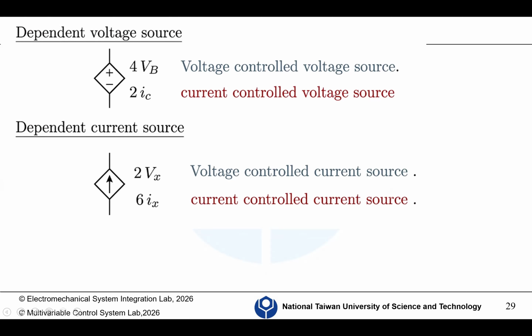Then we also have dependent sources. So we talk about the dependent voltage source first. It is shaped as a diamond, and it has positive and negative signs on it. There are two types. The first type is called voltage controlled voltage source. For example,